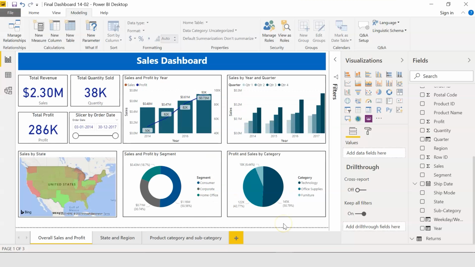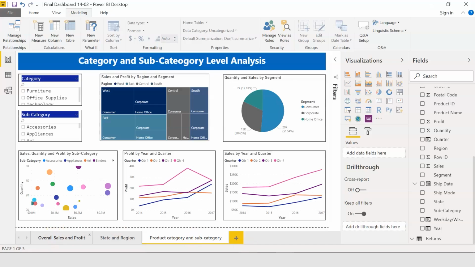by report designers. Today, we'll be covering the following dashboard that you see on the screen. It will be a 3-page report where we will be analyzing the Superstore sample data. As you can see, there are 3 tabs. Now let me move over to our dataset.